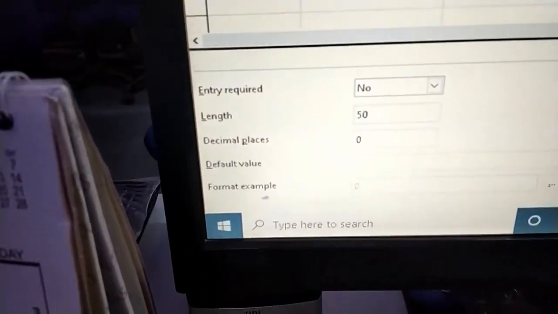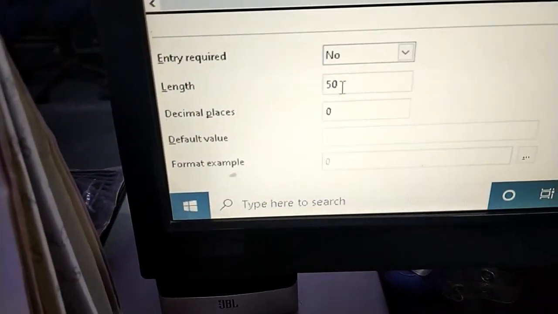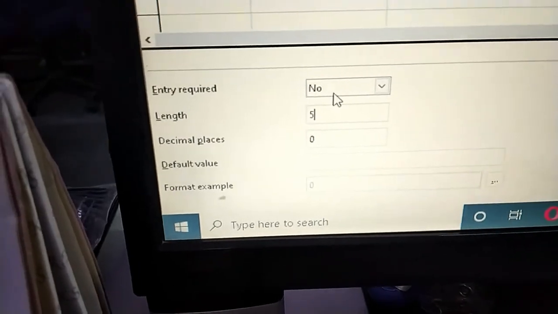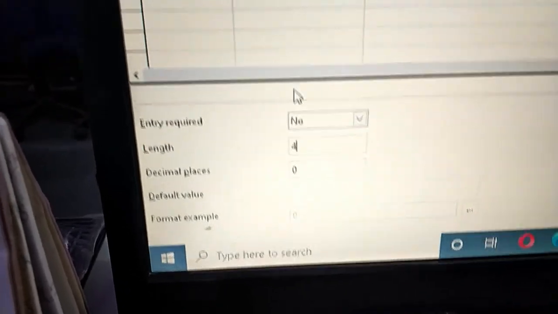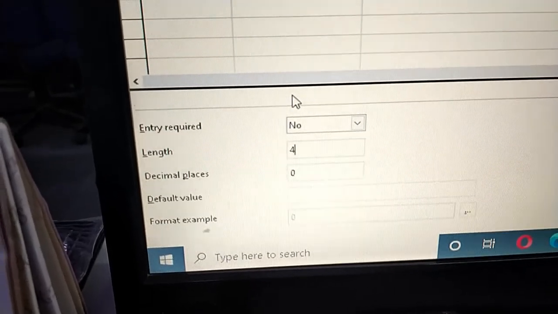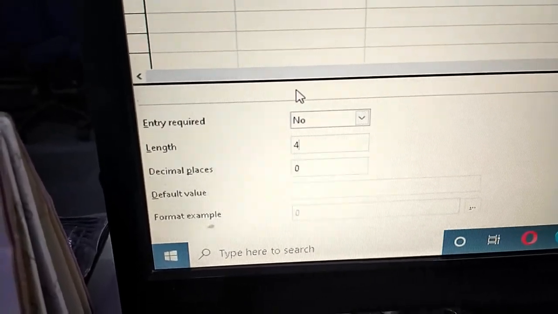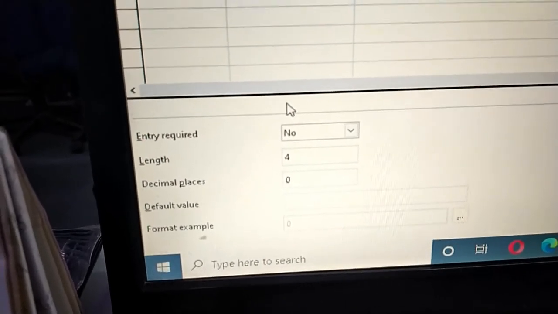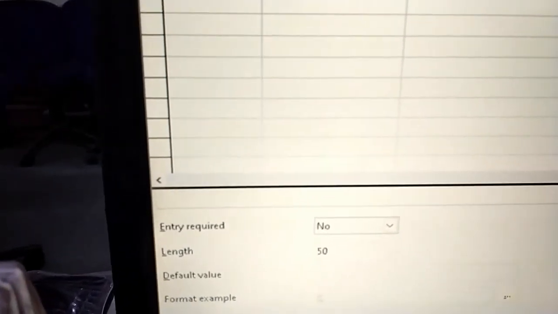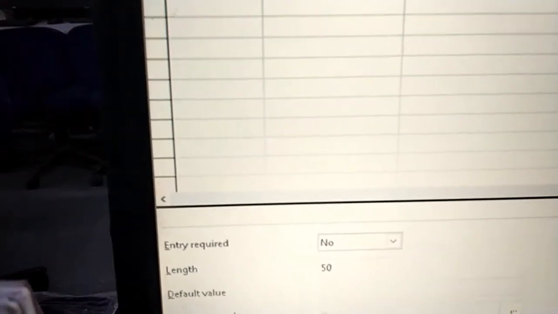So I'm taking number. At the bottom, as you can see, there are properties also, like the length of it. You can fix the field length, because the admission number is 9999, so a total of 9,999 admission numbers can be there, and that is hopefully more than enough for any particular institution. If you feel you need more than that, you can increase the size. Then go for the name. So it's a student name. Of course, it will be a varchar. Varchar and char are two data types.